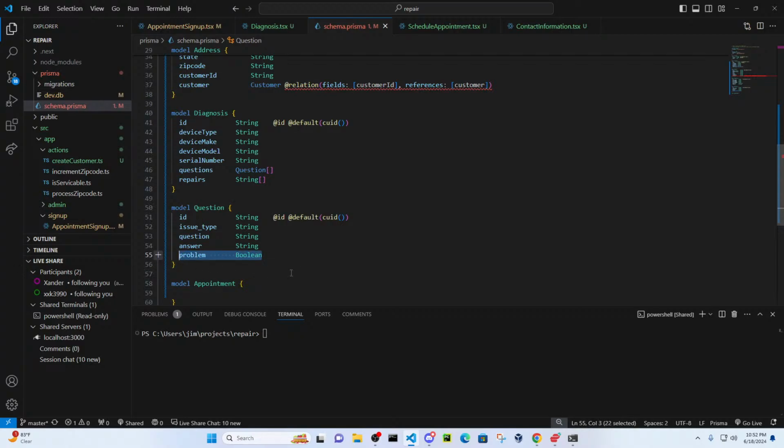When a technician looks at the screen, they should see the questions that raised suspicion that something's wrong here. They answered this in a way that cues us that something's wrong. So check out these questions. Filter by whether it's a problem or not. I don't know if problem is the right word, probably not, but